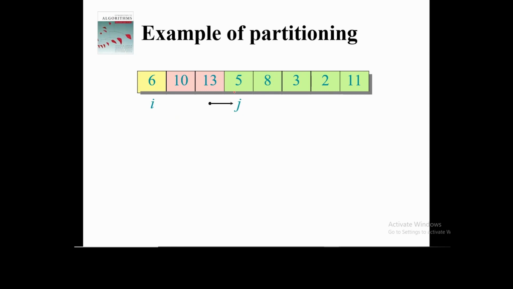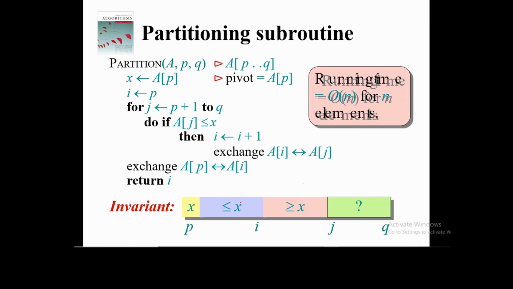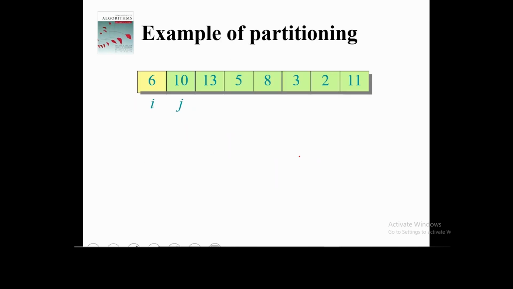Now 6 will be compared with 5. So 6 is greater than 5, 5 is smaller than 6, so we have to shift 5 to the left, because larger values will shift towards the right and smaller values will shift towards the left. So when we get this value here, I will be shifted, so I will come from here to here. And the values will be interchanged: I will be shifted towards the right and the values of A of I and A of J will be swapped.